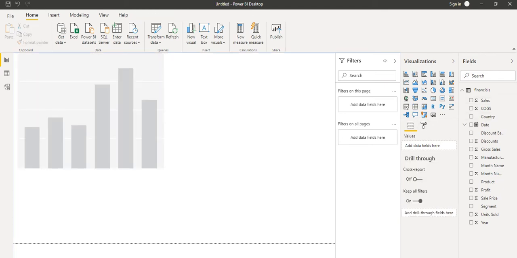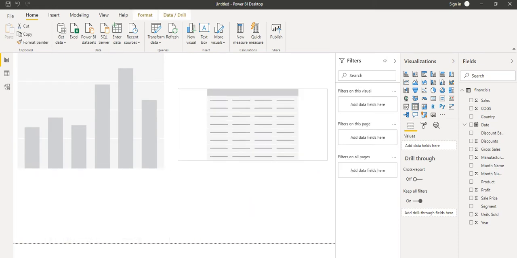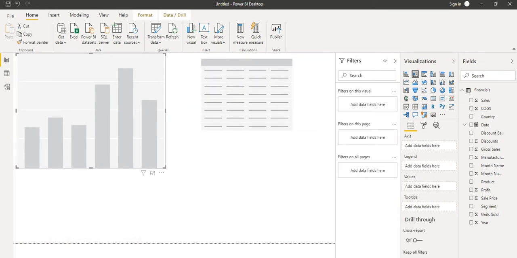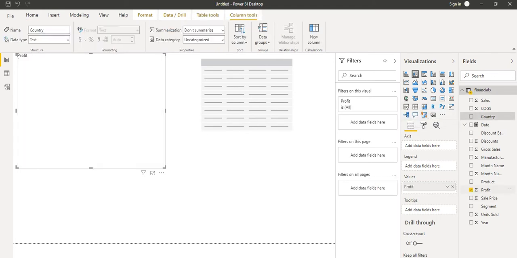So a column chart, and I click outside and add the table chart. In this column chart I'm going to take country and profit.